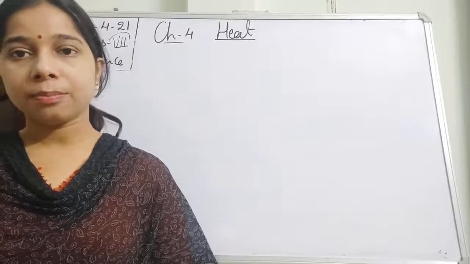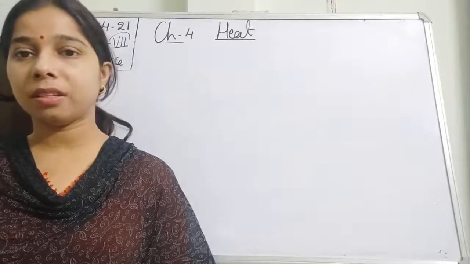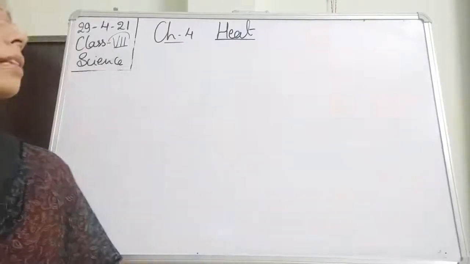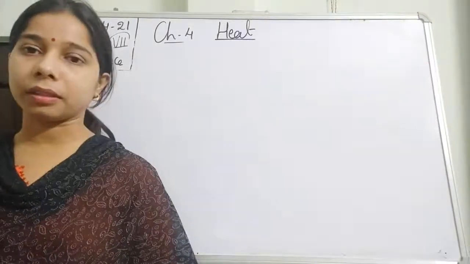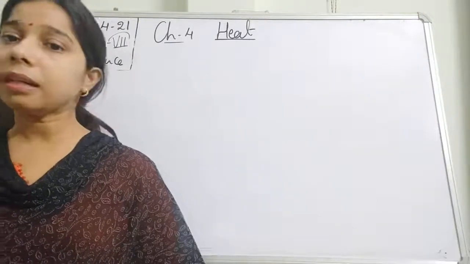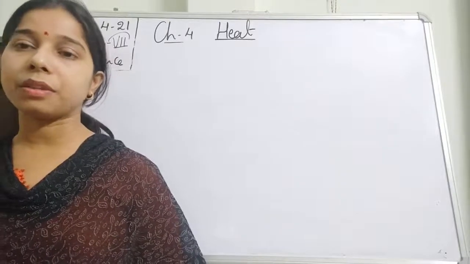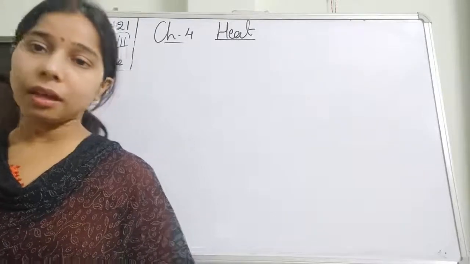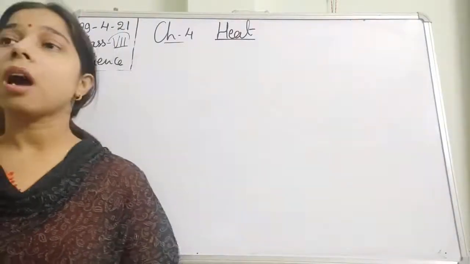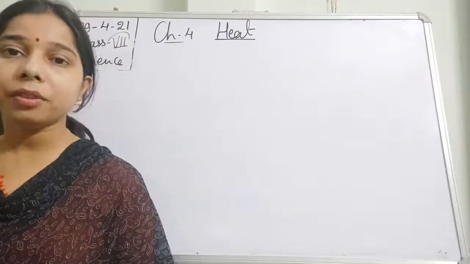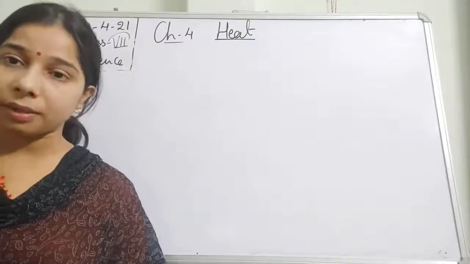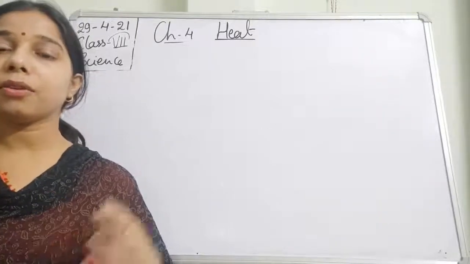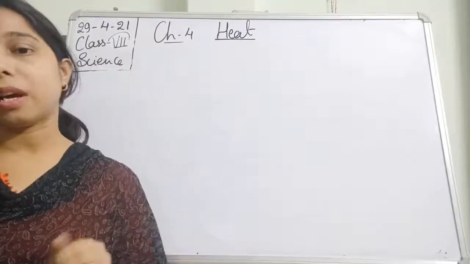Welcome to the science class, and in the previous section we had completed chapter 3, that is Fiber to Fabric. Before we go further and start a new chapter, that is Heat, let me remind you what are the things that we have studied. So basically in that chapter, students, we have finished with the fiber. We already knew about the fiber, we already knew about the fabric. So the thing that we have studied in the last chapter is how do we obtain animal fiber and convert it into the fabric. It means what are the different steps involved in order to get the fiber, then yarn, and finally the fabric.